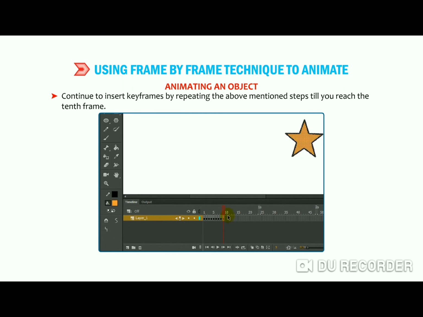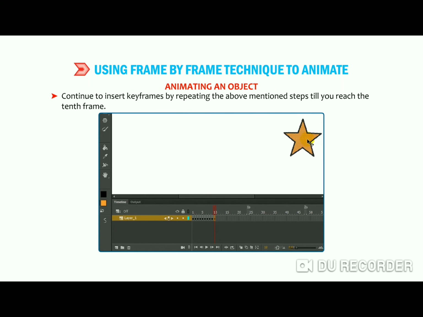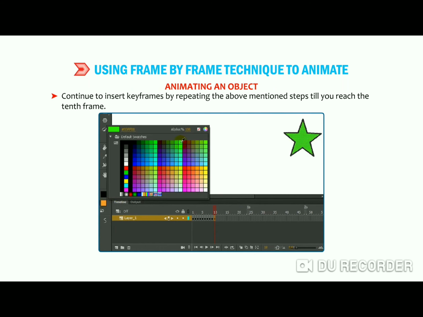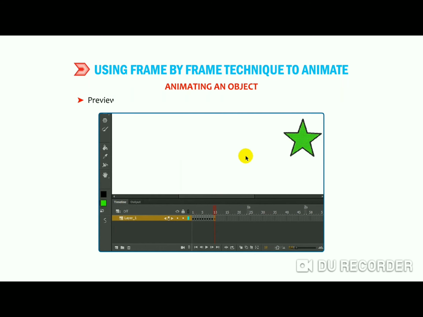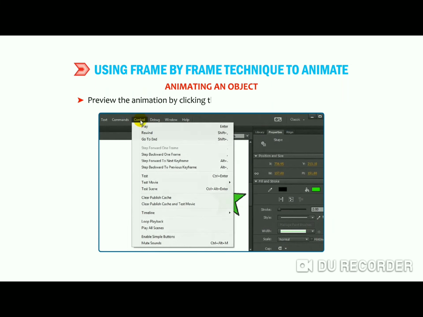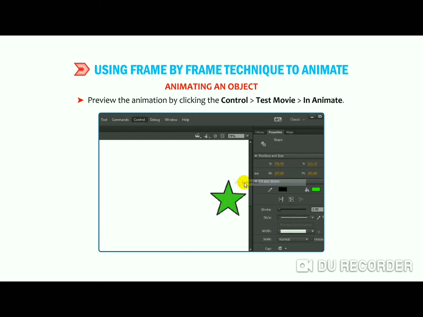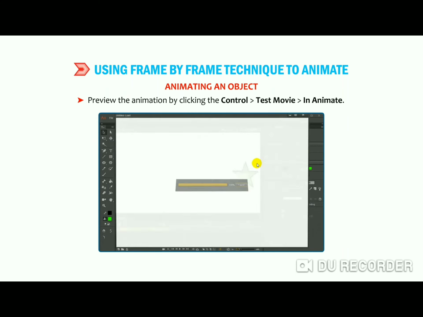Now dear, after this you can preview the animation by clicking on Control, Test Movie, in Animate. So firstly we have to click on Control, after that Test Movie, after that in Animate. You can see the